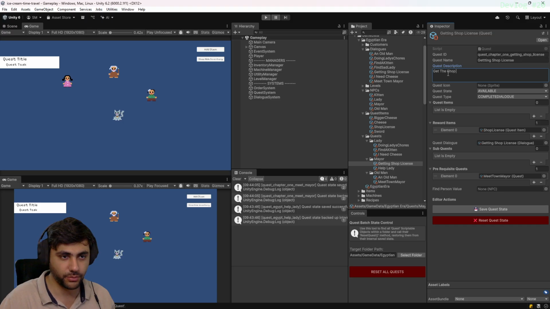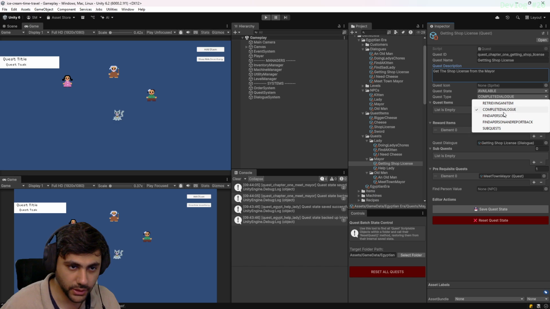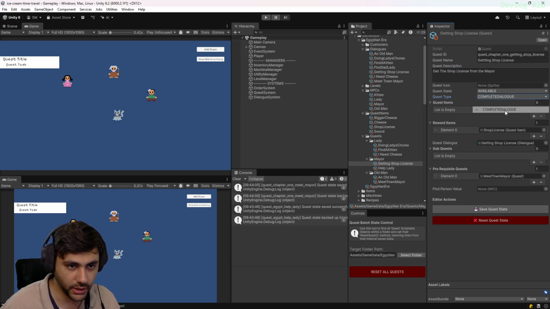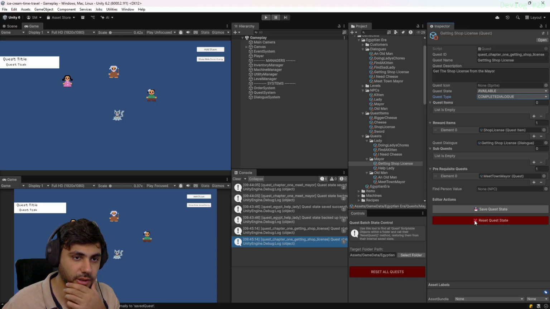Get the shop license from the mayor. Available, it is complete dialogue. This is shop license. Shop license, this is sale. And if I click reset,